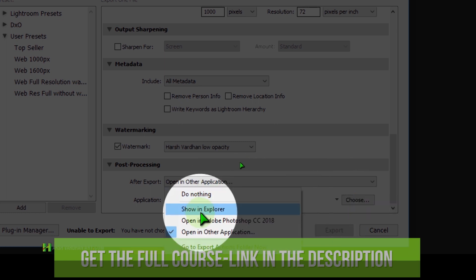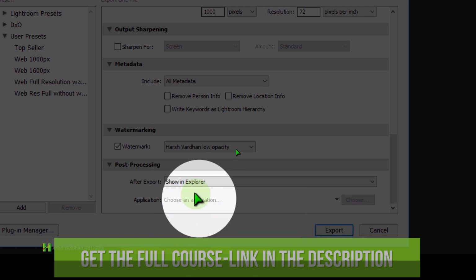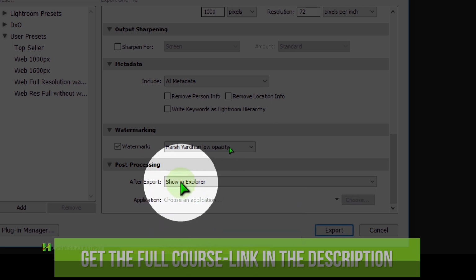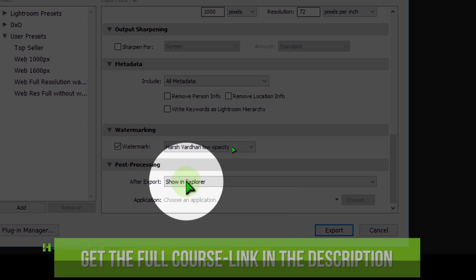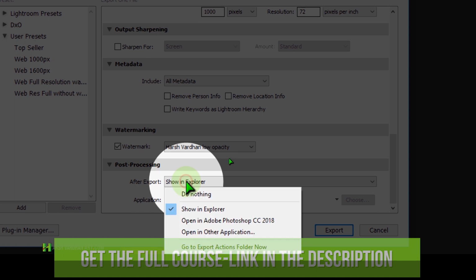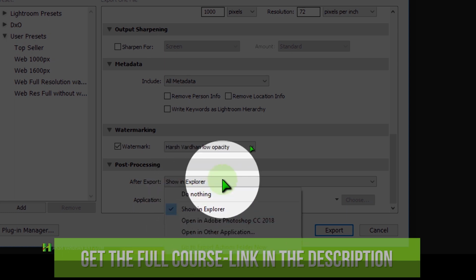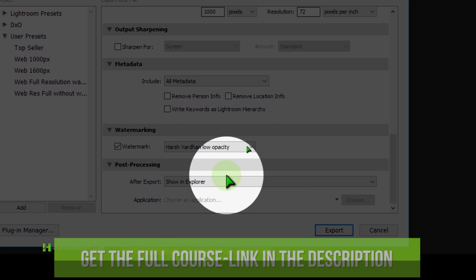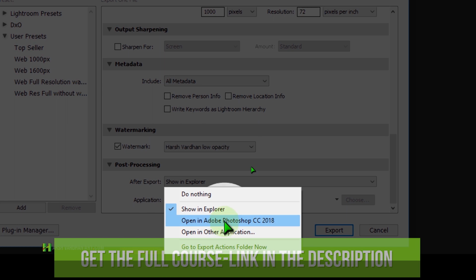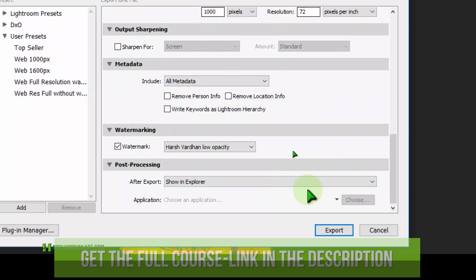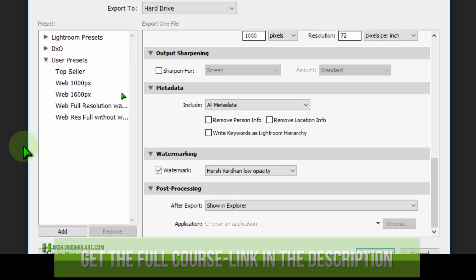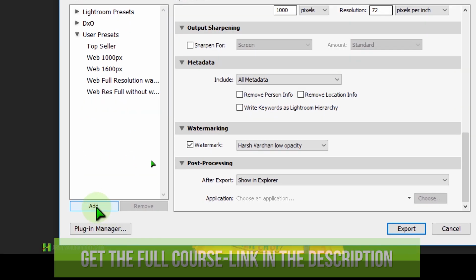But I want to just simply show in Explorer. I want to check this one, and I always keep it this way. Okay, show in Explorer, and if I create one more option, which is open in Adobe Photoshop. So if I want to do some advanced editing, then I make one preset for open in Adobe Photoshop CC. Okay, so once we have done all of these settings, then we need to come over here and